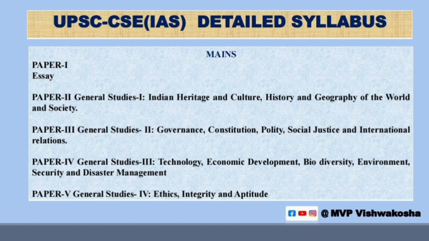Okay, next is GS paper 2, that is governance, constitution, polity, social justice, and international relations. That is the basic Indian Constitution and the functions and responsibilities, separation of powers, and next is Parliament and state legislature, executive and judiciary, ministries and departments, pressure groups and welfare schemes, social justice and issues in development and management of social sector or services, issues of poverty, hunger, important aspects of governance, role of civil services. That role of civil services comes in this GS2.